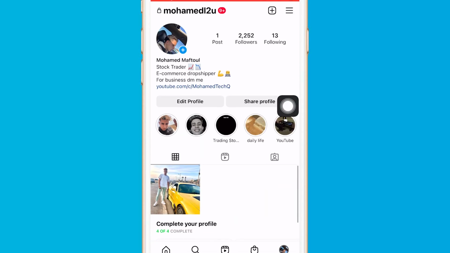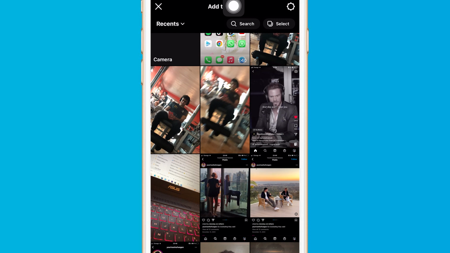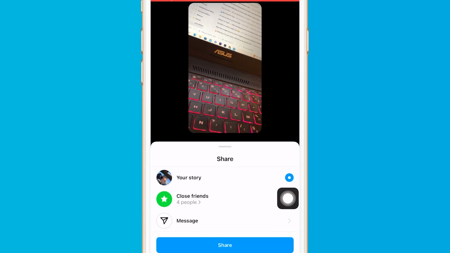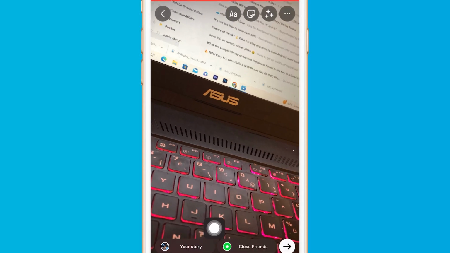Now next, the next time you want to post a story, let me show you an example. I'm going to post, for example, this story. Now, instead of clicking close friends, or instead of clicking here, this arrow, you have to click on your story, okay? Click on your story at the very bottom right. Don't click on these two, click your story, and you will be able to change the story from close friends